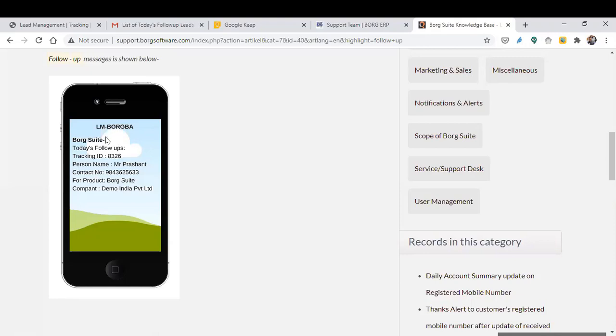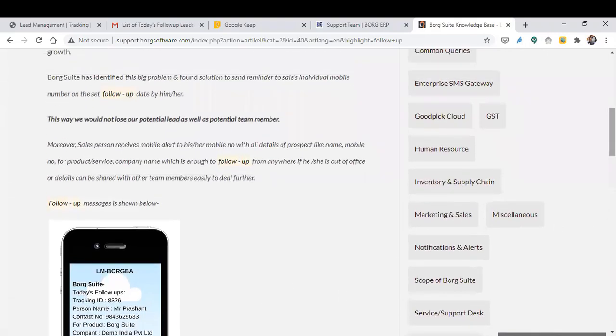Borg BA. This is our brand name, Borg ERP, Borg Business Application, and the Borg Suite. Today's follow-up tracking ID is this, person name is this, contact number is this, product name is this, and company name is this. So you are supposed to have the entire information on your phone also.